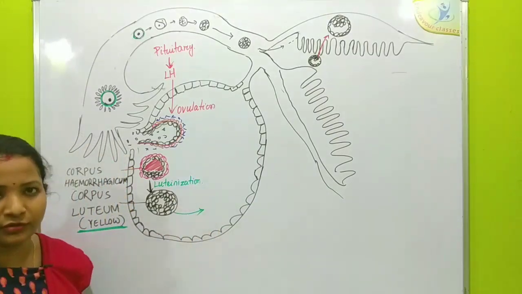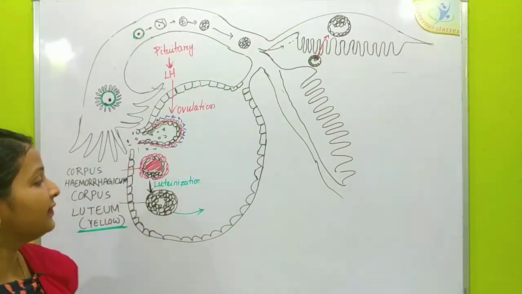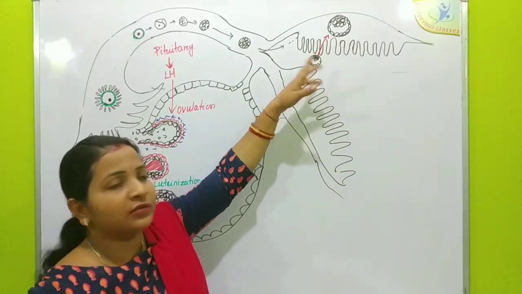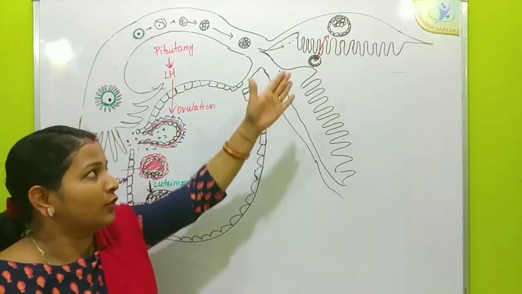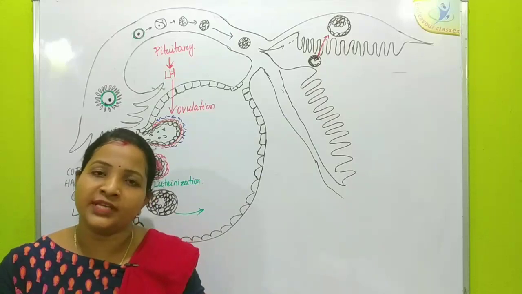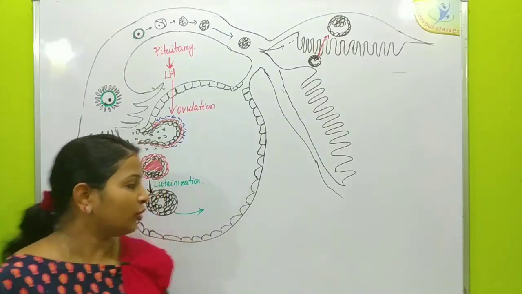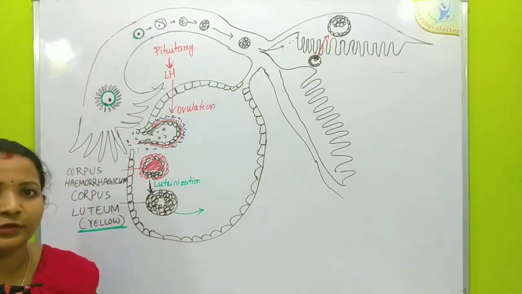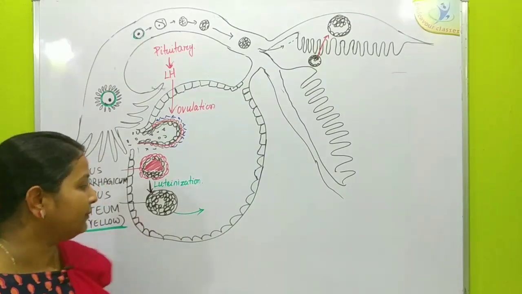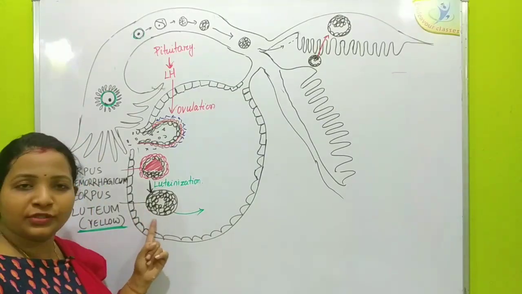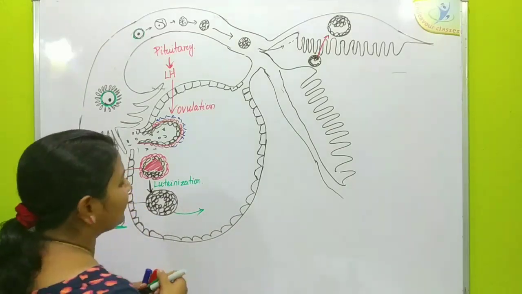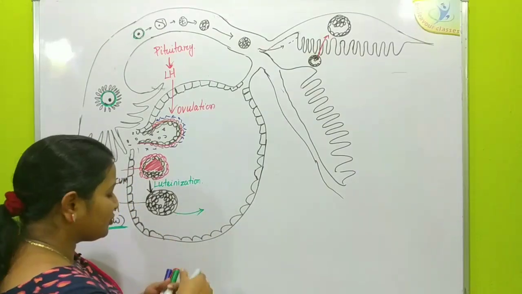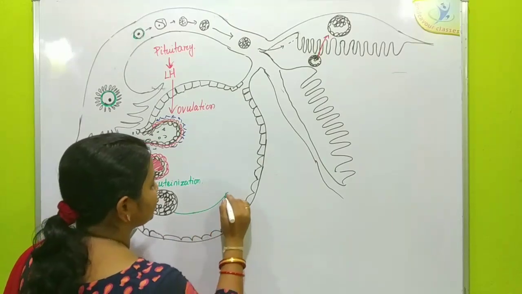So we have discussed that if fertilization occurs, then what will happen? Progesterone secretion continues, implantation has occurred, that means pregnancy will begin. So after the beginning of pregnancy, pregnancy continues, and until the end of pregnancy, the corpus luteum remains intact inside the ovary secreting progesterone hormone. And if fertilization does not occur, then what will happen? This corpus luteum degenerates. After the 23rd or 24th day, it starts degenerating, and that degeneration process is called luteolysis.